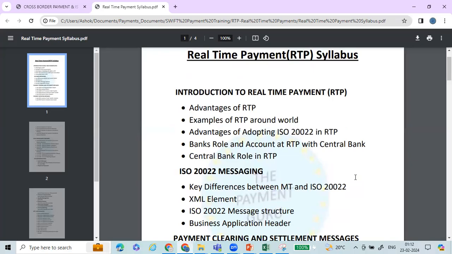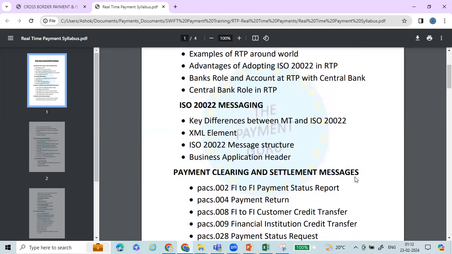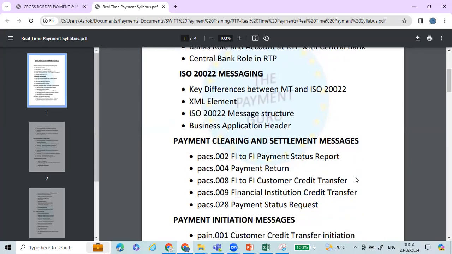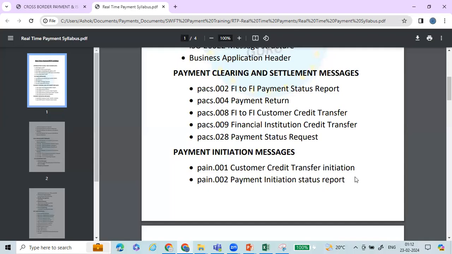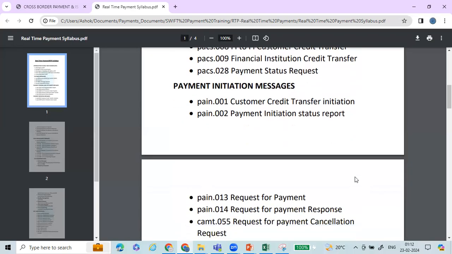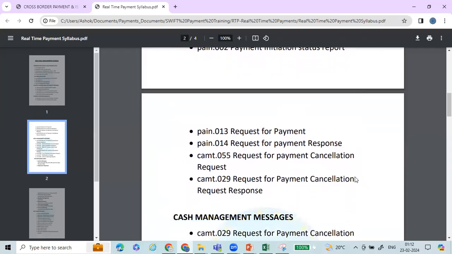So we would start with the introduction of the real-time payment system, advantage of real-time payment, examples of real-time payment around the world, advantage of adopting ISO 20022 in real-time payments, bank's role and account at real-time payments with the central bank, role in RTP, ISO 20022 messaging, payment clearing and settlement messages, which includes pacs.002, 4, 8, 9, 28, payment initiation messages, pain.001, 2, pain.013, pain.014, cash management 055,